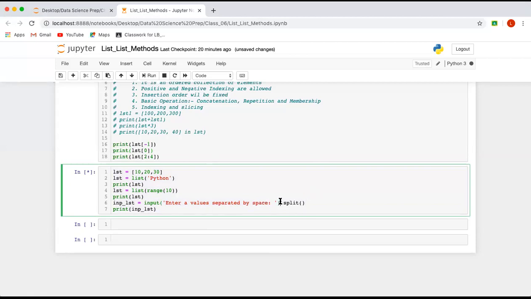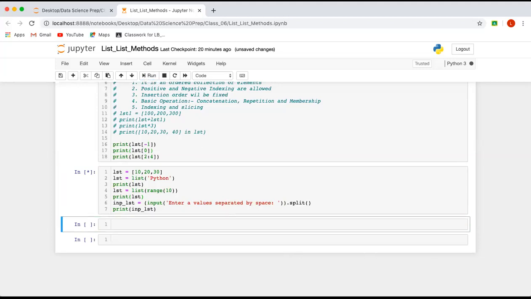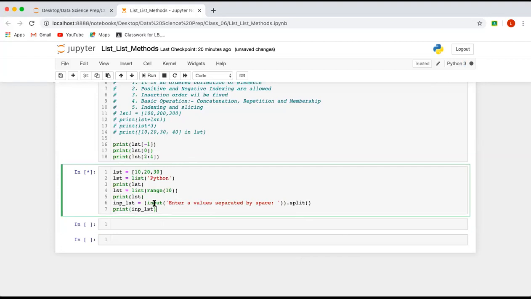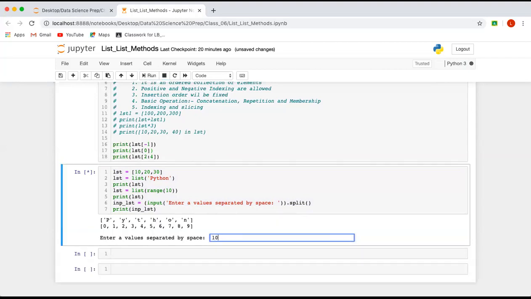So I will enter the value. Let me check. Can I do it like this? Okay. Yeah. So I'll enter 10 space 20.